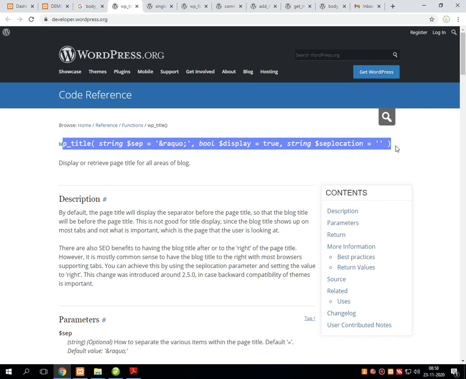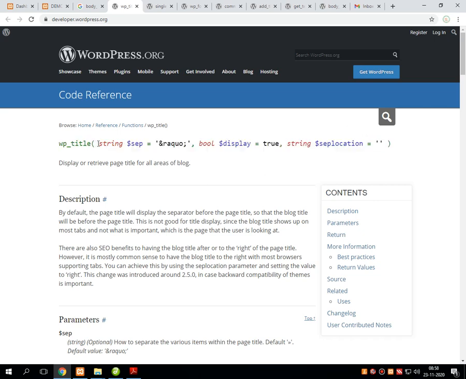The parametric values of wp_title are string $sep, that is the separator, bool $display, which displays the title onto the screen, and the last one is string $seplocation, also called the separator location, that separates the title from the entire web page and displays it either on the right side or on the left hand side.